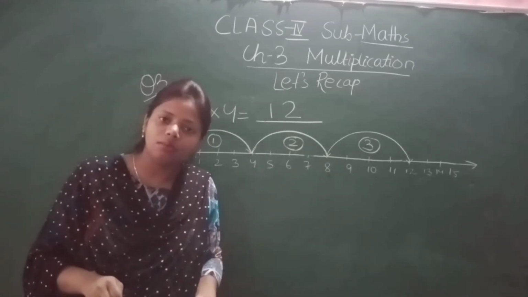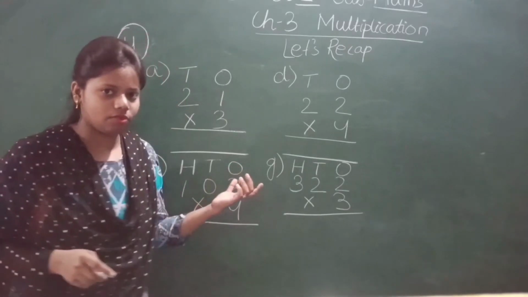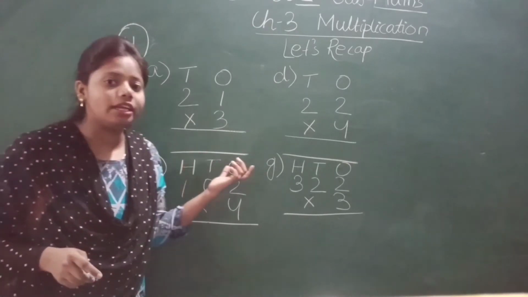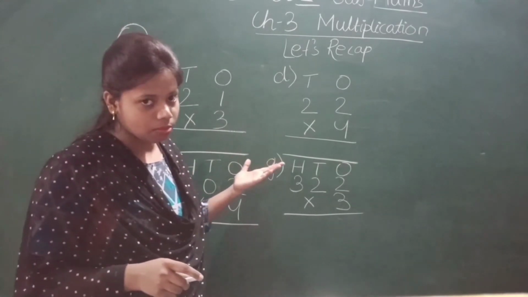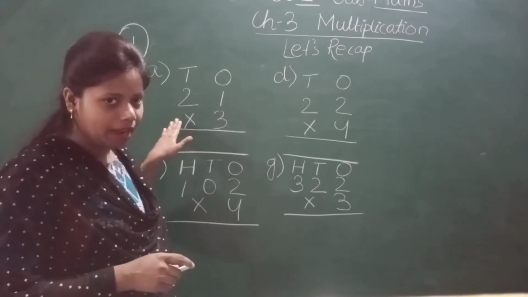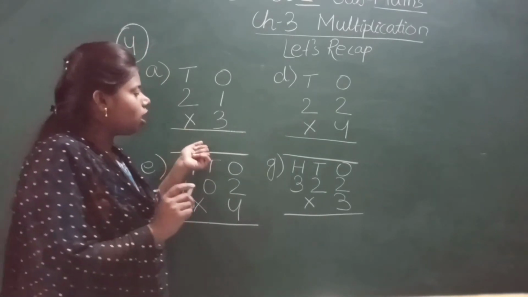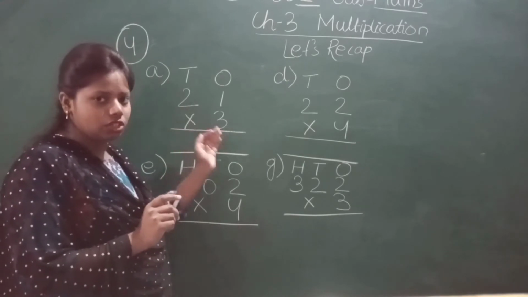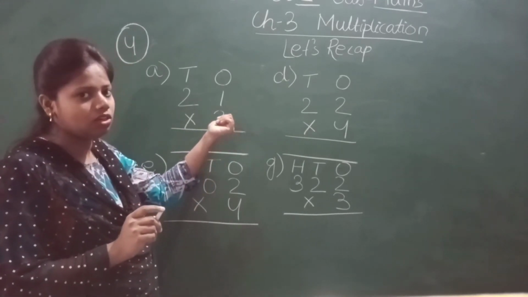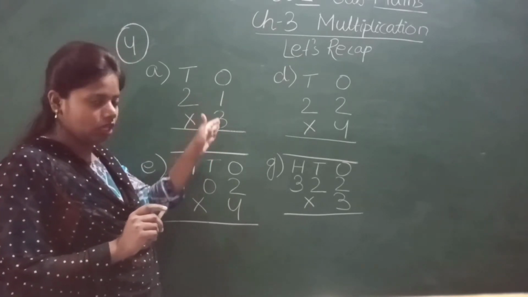Now let's do question number 4. Now let's see what is question number 4. Question number 4 is find the product. Now see it. I have already written the question. We have to find the product here. The product means the result you get after multiplying this multiplicand and this multiplier. Now let's multiply. Now how to multiply? This is the multiplication, by one number, 3. First, you will multiply this 3 with 1. This way.